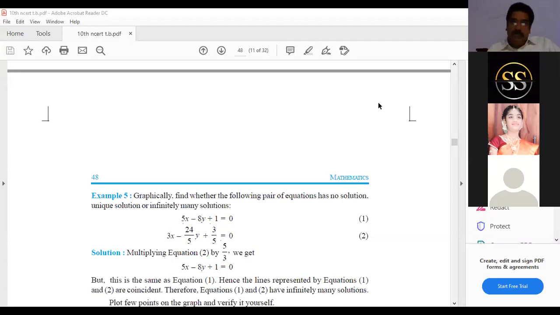Tomorrow onwards we will start quadratic equations. Get ready for the test on Sunday in pair of linear equations in 2 variables. For the exam also, don't do experiments. Roll number, name. Click on the link. It will open. Type the roll number and the name. Answer it. Submit. Then view score. Only do these. Don't do any experiment. Don't go for share. Don't go for sign in. Kindly don't do experiments.